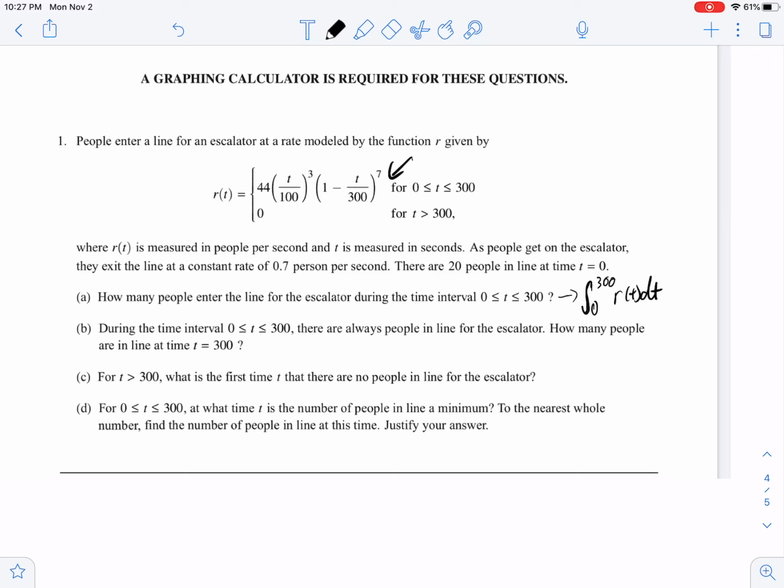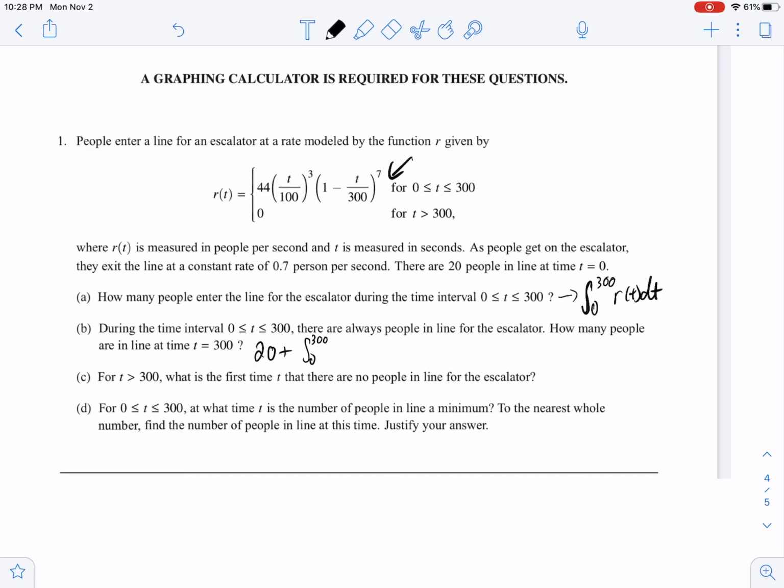Now, for part B, this is slightly different. Part A asks how many people enter the line, and part B asks how many people are in the line. There's a little more we have to take into consideration here. We have to consider how many people we started with, and also how many people are leaving. So this will be the number of people we started with, 20, plus how many people enter the line, 0 to 300,